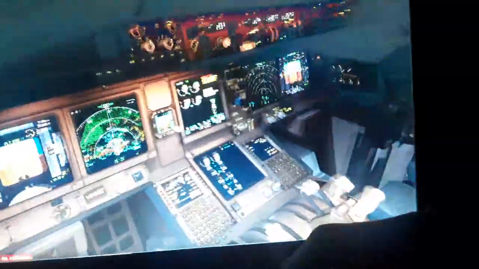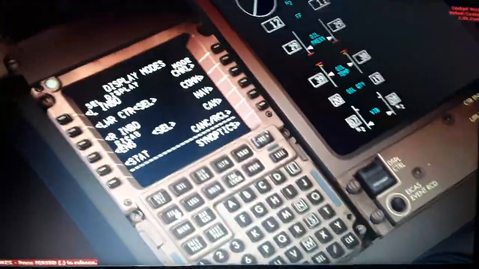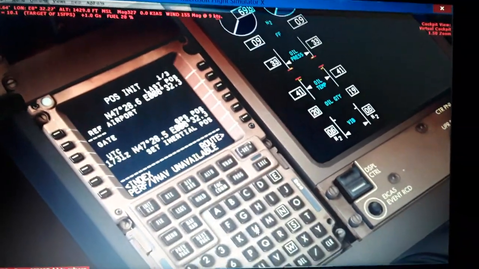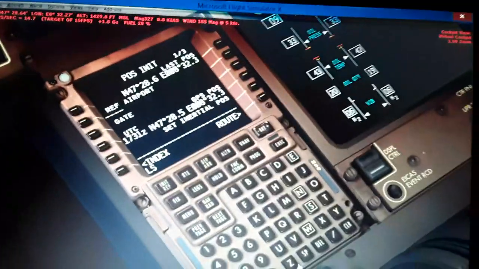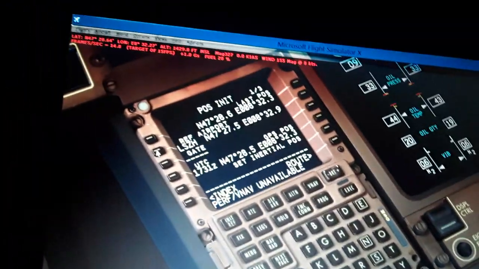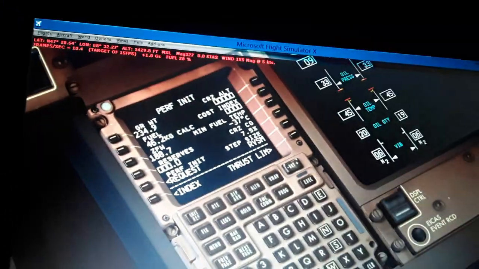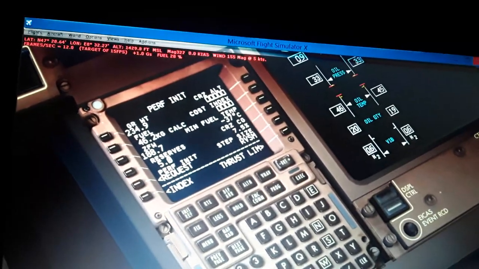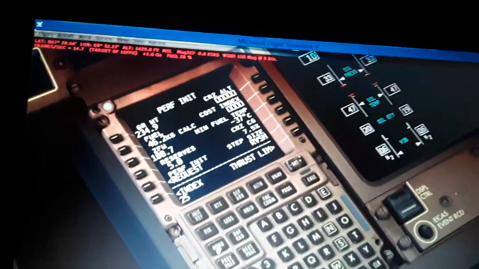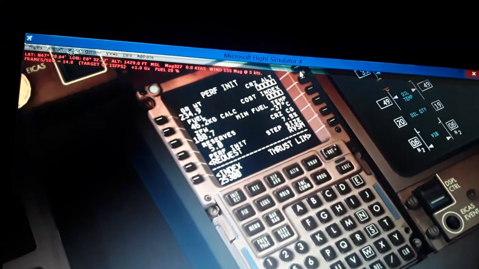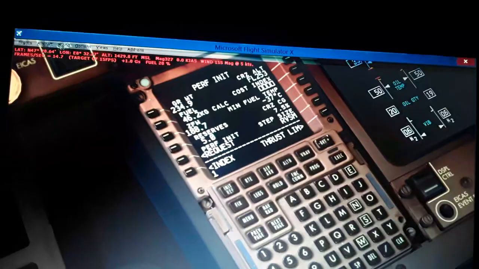We need to set a couple of things here: the flight management computer. So we have the menu, the FMC, the model position initialize, LSZH, the reference airport. So this is the inertial reference position. Zero fuel weight, gross weight, reserves 5%, cruise altitude 25,300 feet like this, and over here cost index 100%,